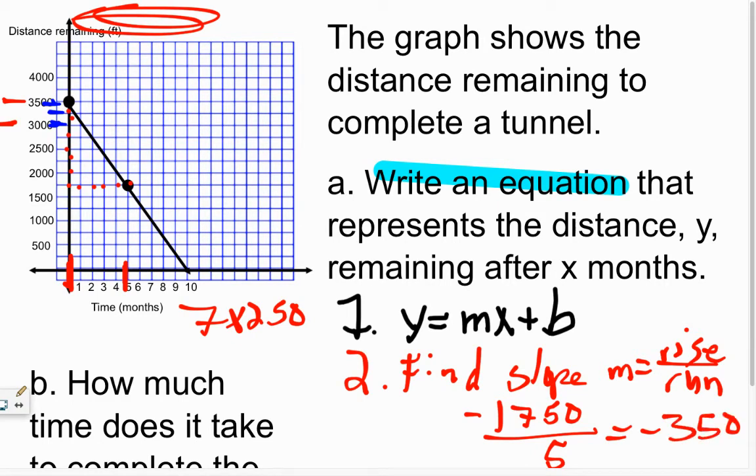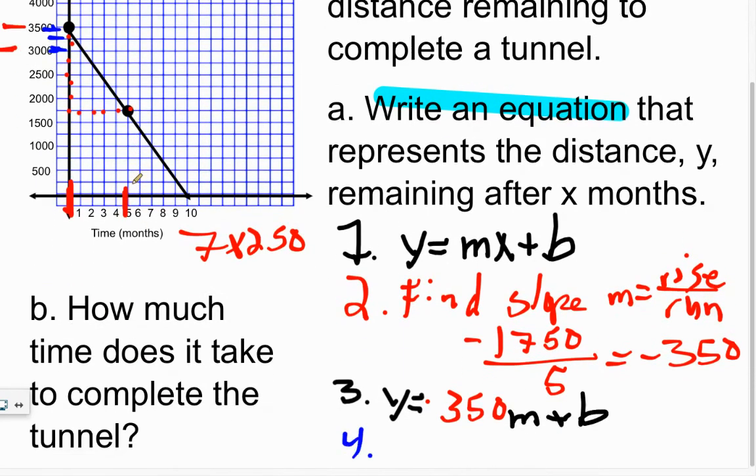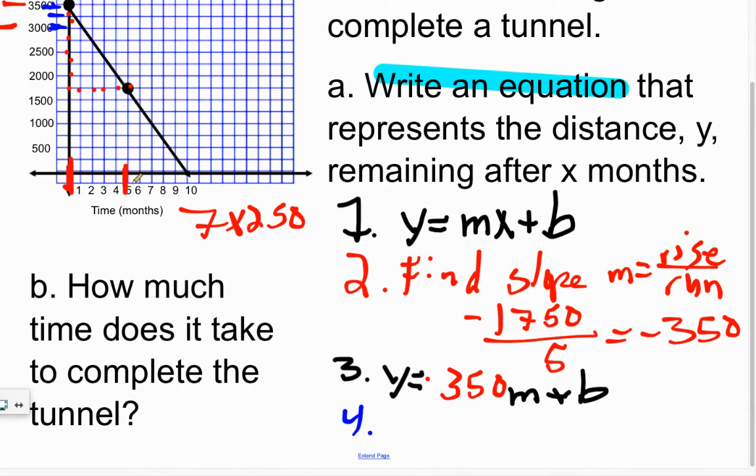Equals negative 350. Step 3, y equals, don't put the letter m, plug in negative 350, m plus b. Step 4, find your y-intercept. Would you like to pick one of those points and plug it in? We could pick one of these points up here and plug it into that equation in step 3, but since